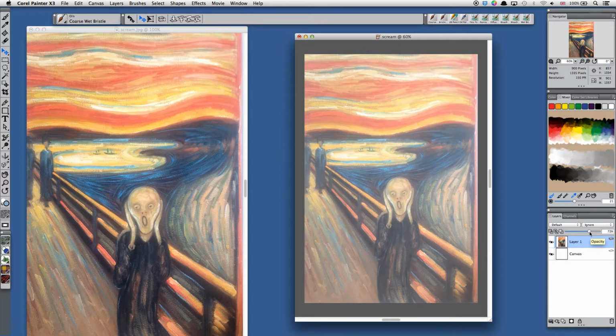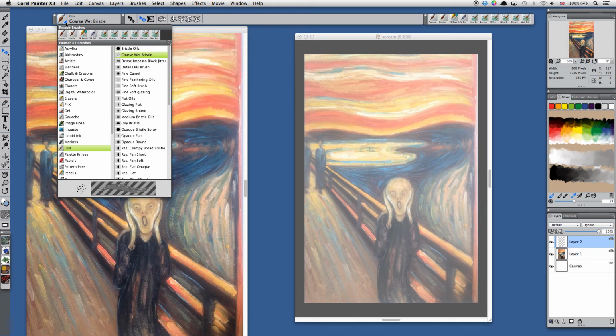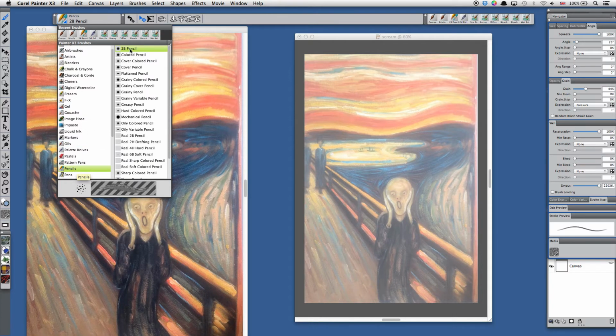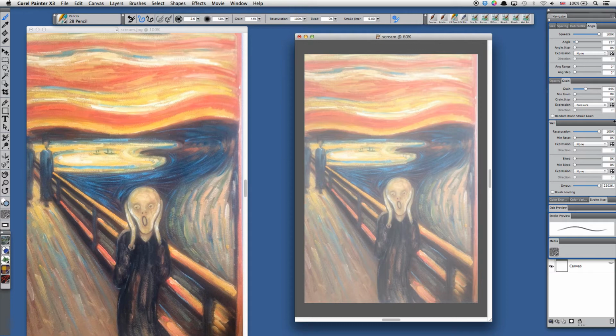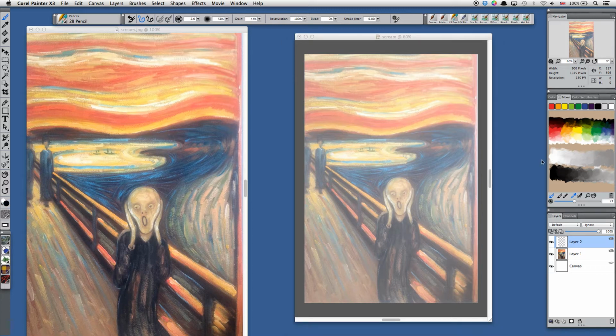So I'm going to change the opacity of this, just so it's a bit lighter. You'll notice that it's created a new layer. So we'll create another layer here, and I'm going to be using the pencil to trace this. So go up to your pencils, and I'm going to choose a 2B pencil, and I'm going to choose black, and yeah, the size is about 2 pixels. That'll do. Right, so I'm just going to trace the outline